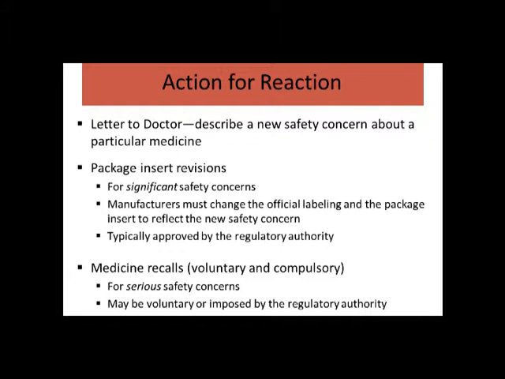So a lot of things you can do with the drug, and that's why we say the Food and Drug Administration is one of the powerful authorities at the national level, which can determine so many things related to drug safety and efficacy. Now, if I want to give an example of medicine recall, there was a medicine called nimesulide, a non-steroidal anti-inflammatory drug with very good antipyretic activity, but it led to liver failure in children. So the drug was taken out. It is banned in a few countries as of now. So you can recall the drugs if you find that there are a lot of adverse drug reactions.